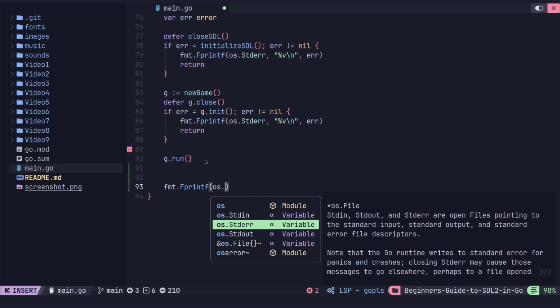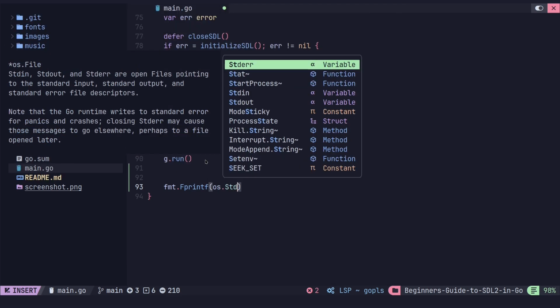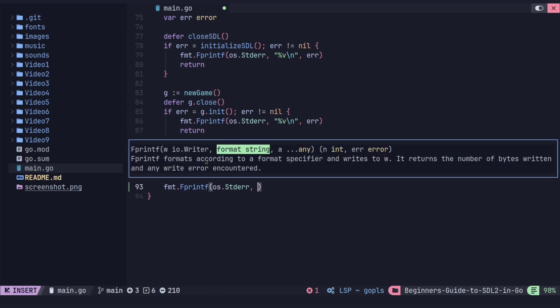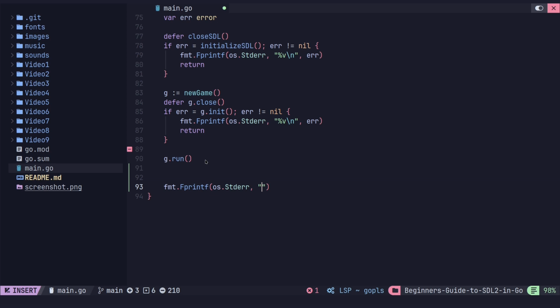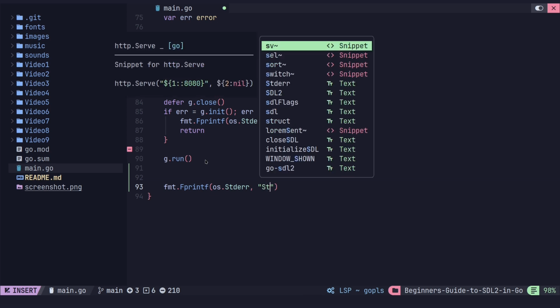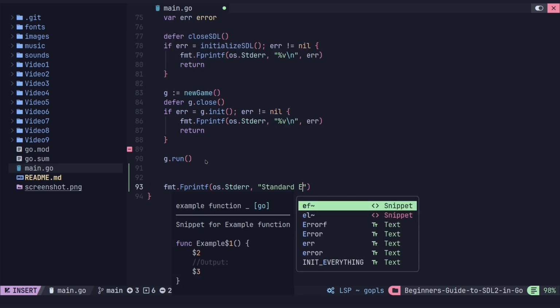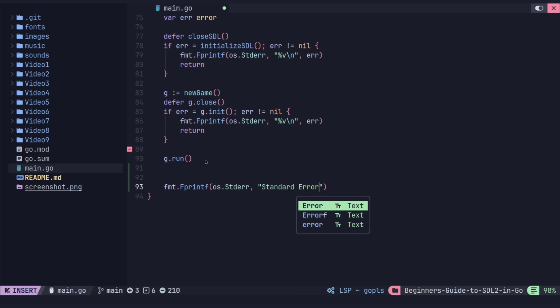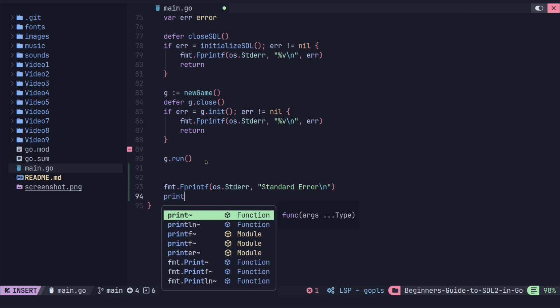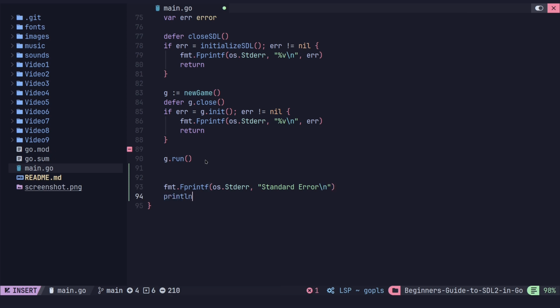And this one would be os.Stderr. So I'm telling it where I want it to go to, the standard error. And then we'll say standard error. This is going to standard error. Let's put a new line. I don't know if this does a new line character. Okay, so print line. We'll say